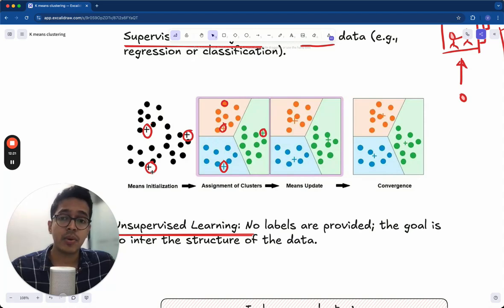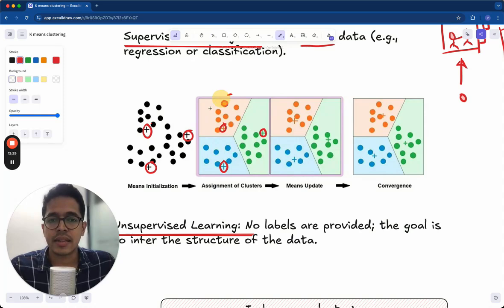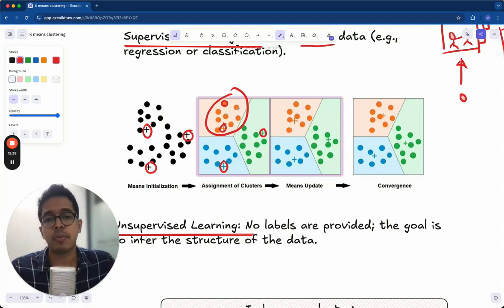Now, once you have a new cluster, what can you do? You can calculate the new centroid, because now, obviously, the centroid for this set of data will not be at the edge of this cluster. It will be somewhere in the middle of the cluster. Because if you are saying that all these orange points belong to one cluster, you can't have the centroid